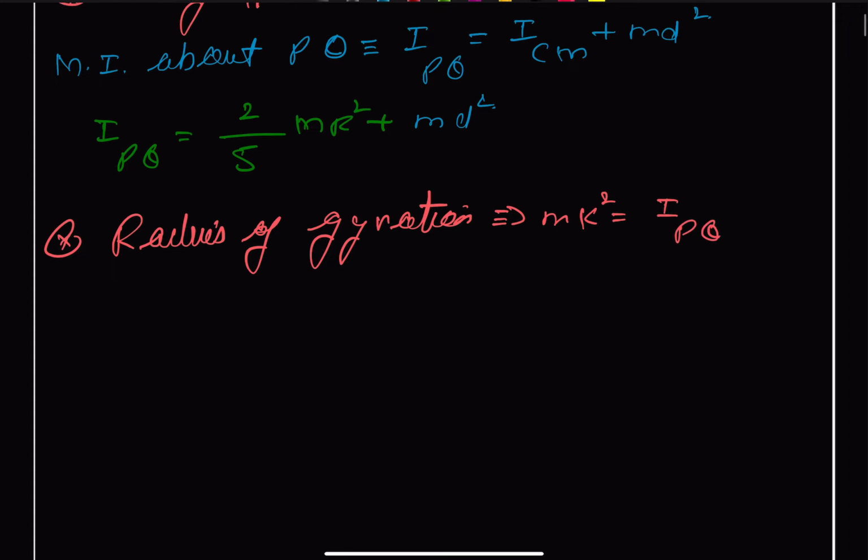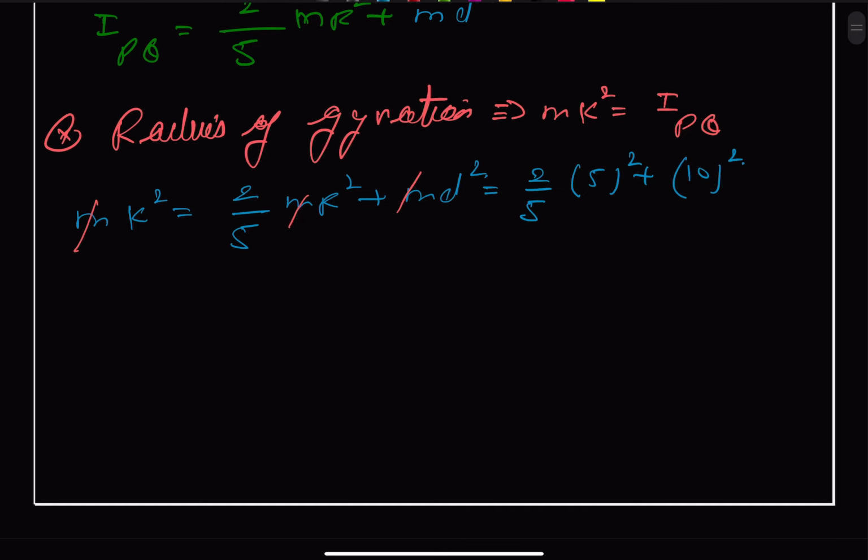IPQ is 2 upon 5 MR square plus Md square. This M cancels throughout, so we can now just substitute the values. We get 2 upon 5, radius is given to us as 5, plus distance is given to us as 10 centimeter,